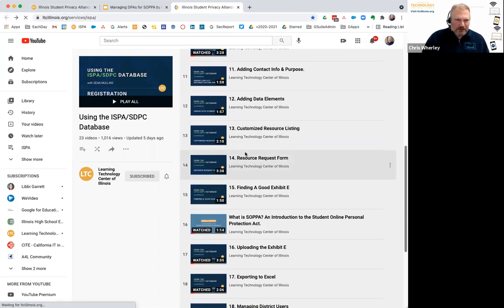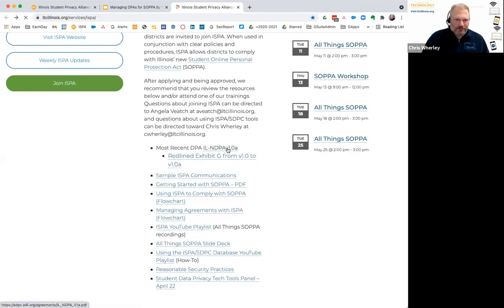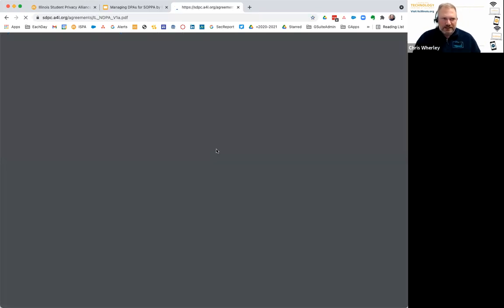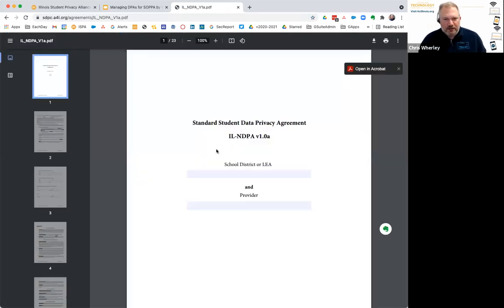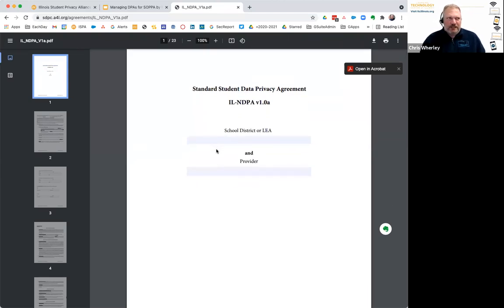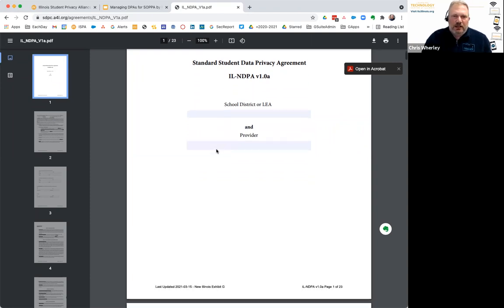That agreement is also available on the resources page. So just like all the other resources are available, that Illinois NDPA agreement is there too. And we'll look a little bit at this later, mainly from a standpoint of how it relates to the database and what it looks like when you're looking at the database and what you'll see with the